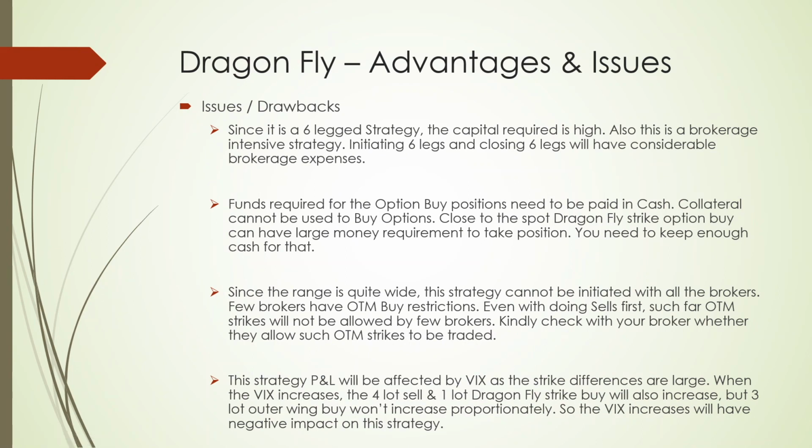Since this is a 6-legged strategy, the capital requirement is quite high, and this is also a brokerage intensive strategy. Initiating 6 legs and closing 6 legs will have a considerable brokerage expense. This is only for initiation and closing. In between, if you are doing adjustments, you will have an additional 12 trades to make. Means you have to open 6 legs again and close 6 legs again if you are adjusting